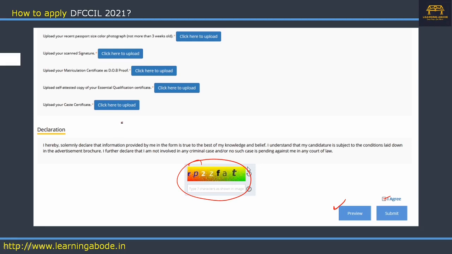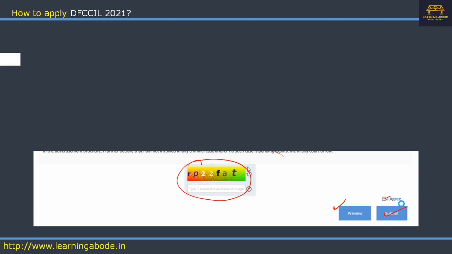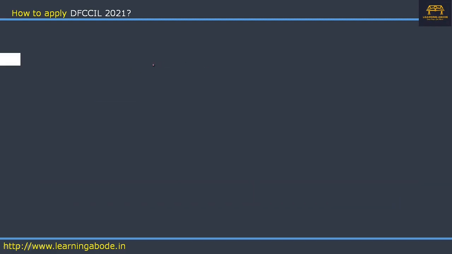So after you submit, it will go for payment. Okay, so if you come under the general category or OBC, you have to pay 900 rupees. After you pay the fees, then immediately you can download your application. Once you submit, next it goes to the payment.